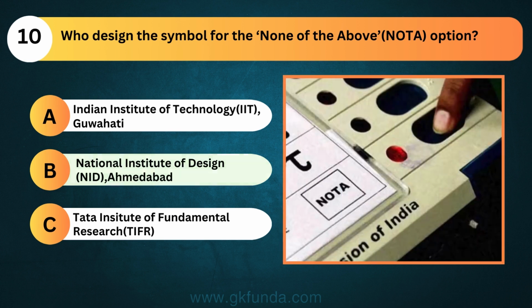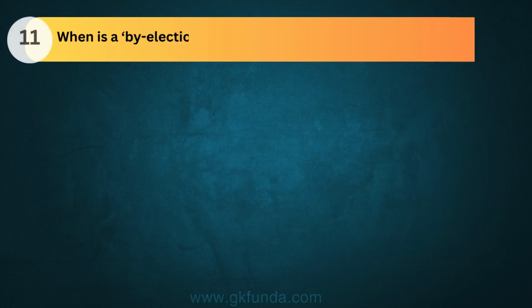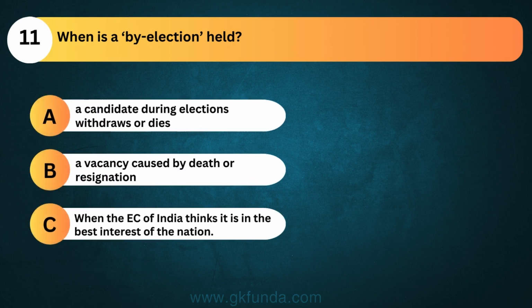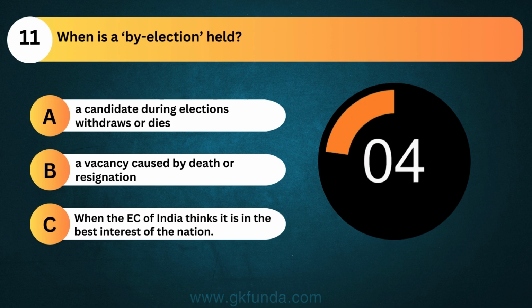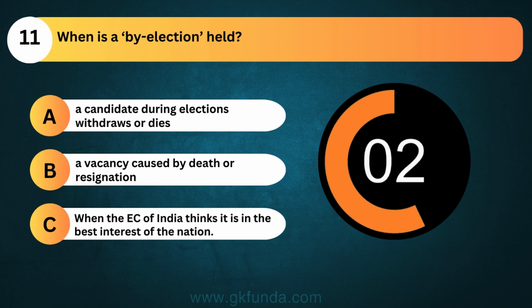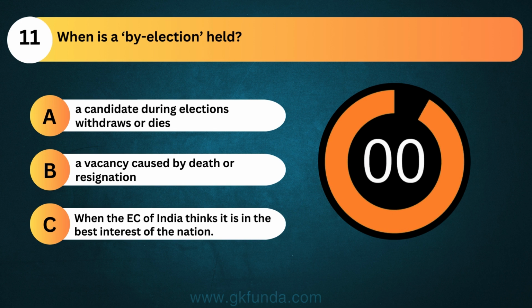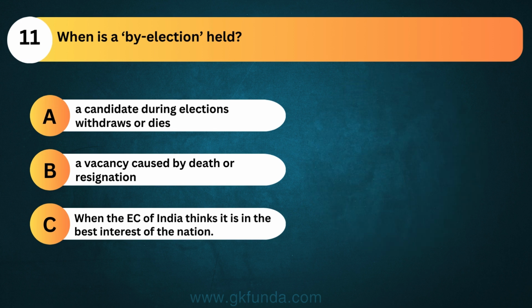The answer is option B, National Institute of Design, NID, Ahmedabad. When is a by-election held? The answer is option B, when a vacancy caused by death or resignation of a legislator needs to be filled